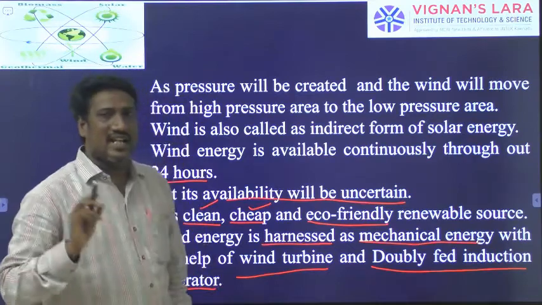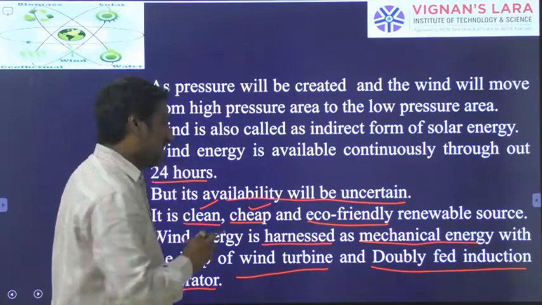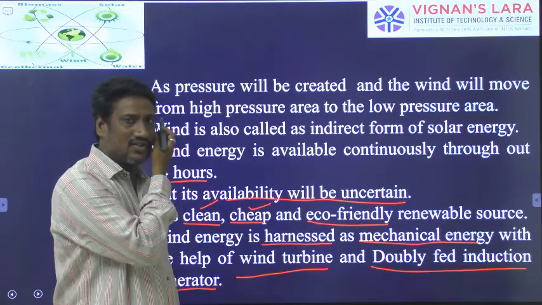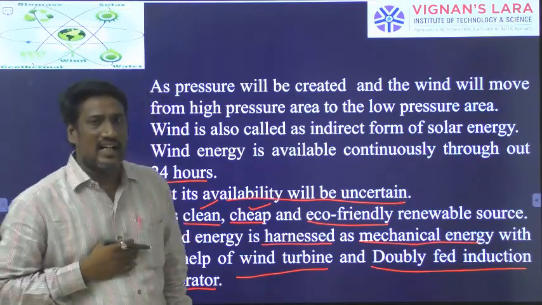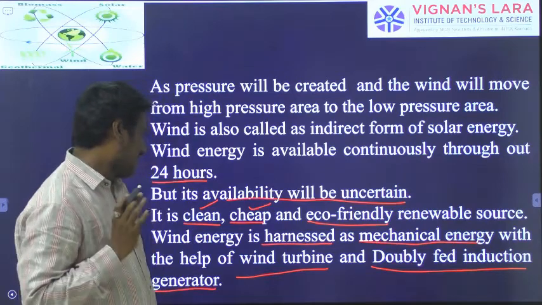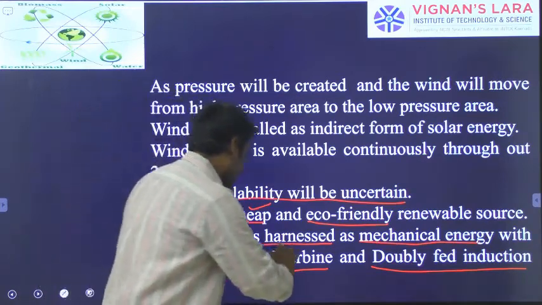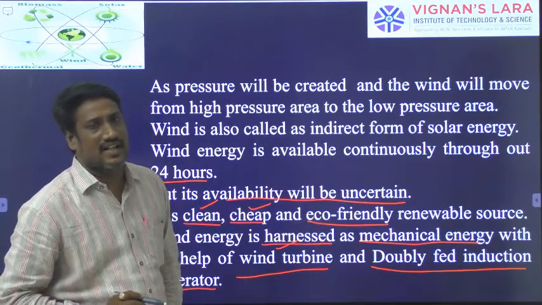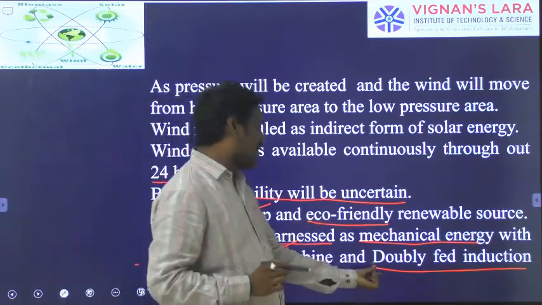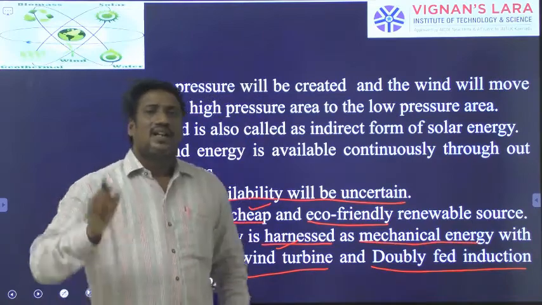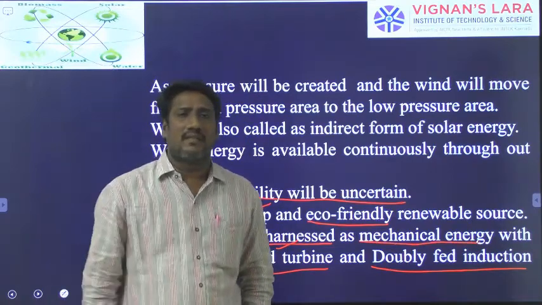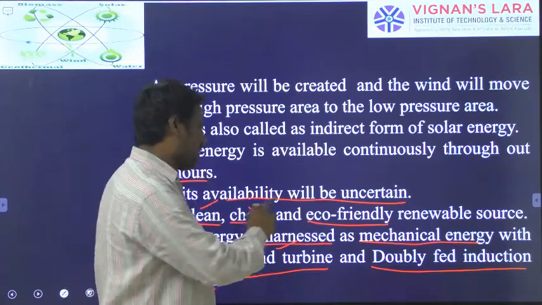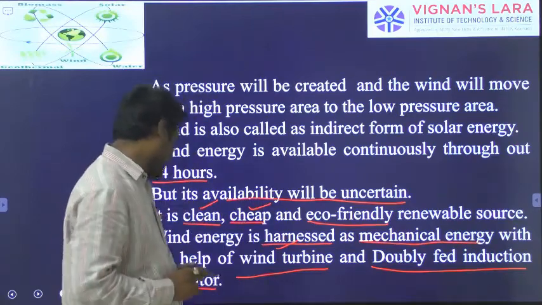Here, a specially made generator is called a double effect induction generator. It is mainly used to generate electrical energy. The wind turbine produces mechanical energy, which is coupled to the specially designed double effect induction generator. The main advantage of this generator is that 10% of speed variation will be allowed.